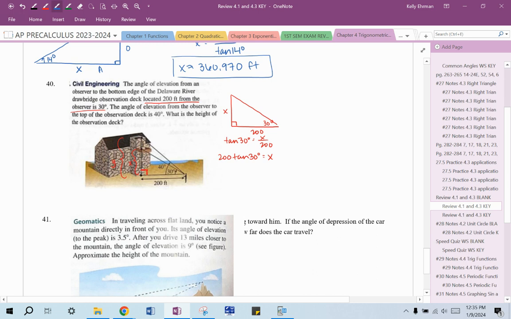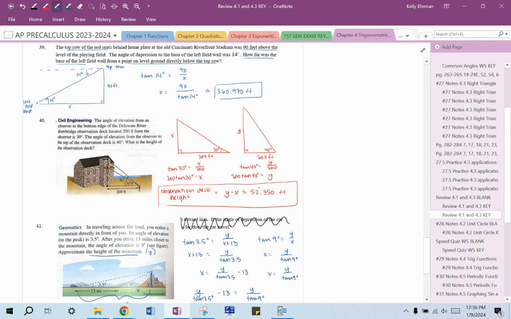So the larger triangle, the top of that building, has that vertical distance y, still 200 feet away. And this angle is now 40 degrees instead of 30. So I'm still setting up a tangent equation. Tangent of 40 degrees equals y over 200. And the question was, what is the height of the observation deck? So if we're looking at the height of the observation deck, I think what they mean there is, well, actually, let's see. So I subtracted to find this distance. I'm not sure if that's actually